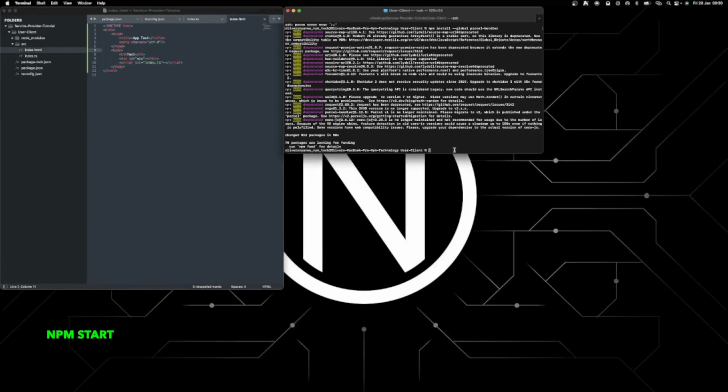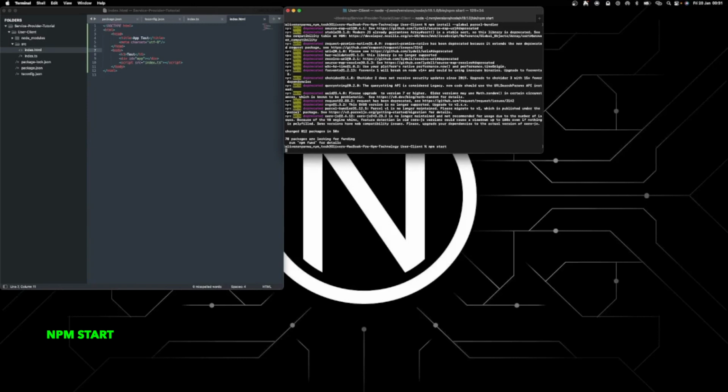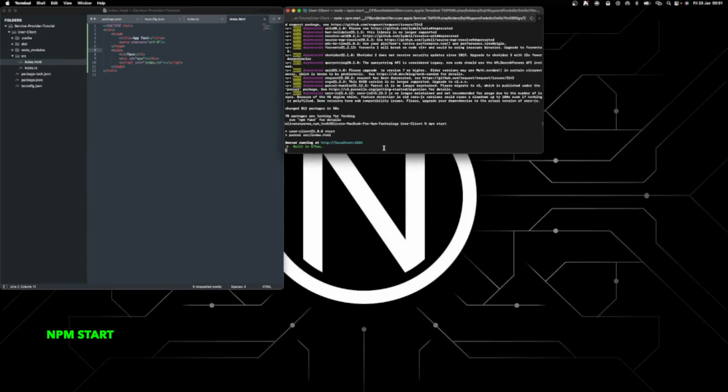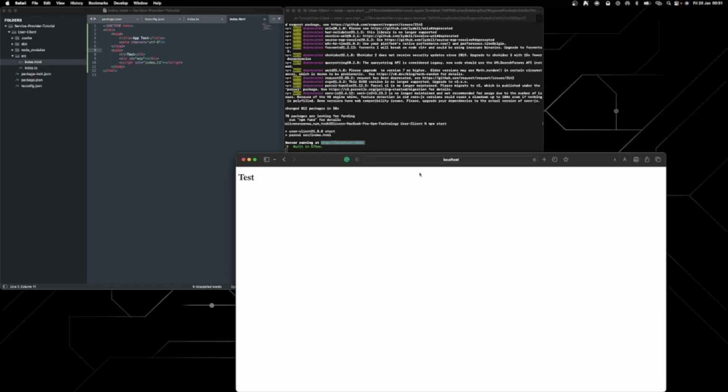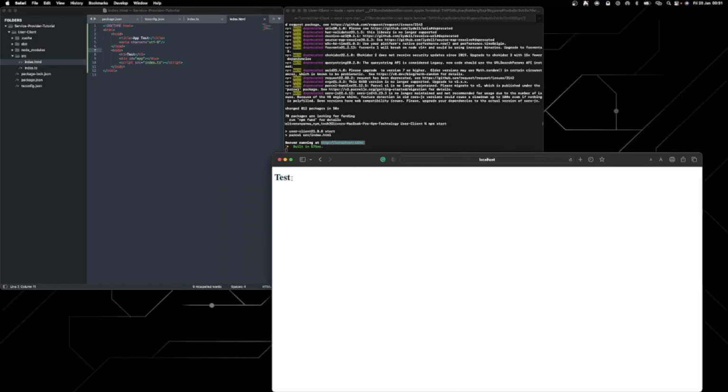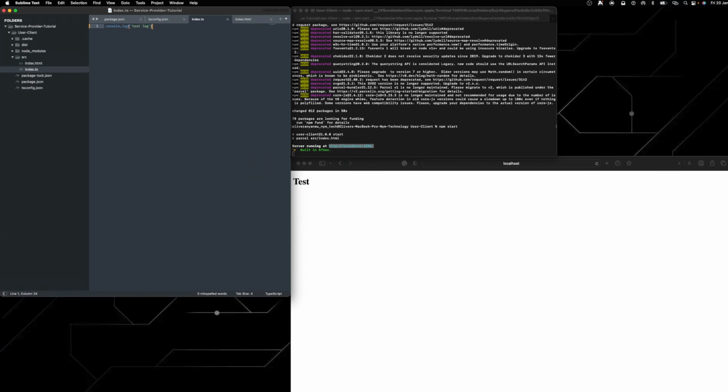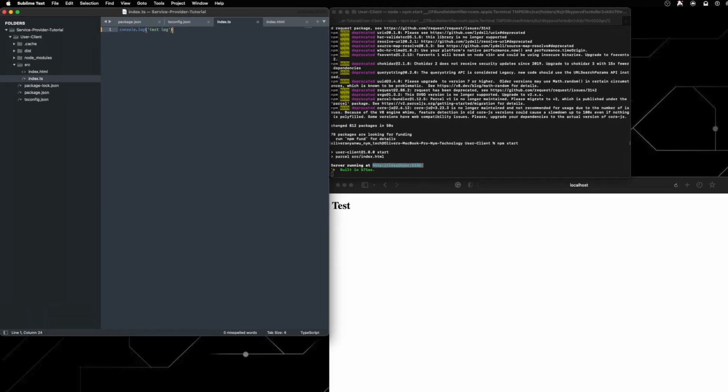Now in the terminal, let's run npm start, and you should see the following output. This will pump out a local host link we can visit, showing you the index.html file we created in the directory. Clicking on the link will open up a tab in your browser showing you the word test, and this is a good sign. In terms of building the user client, we'll be focusing on the logic in the index.ts